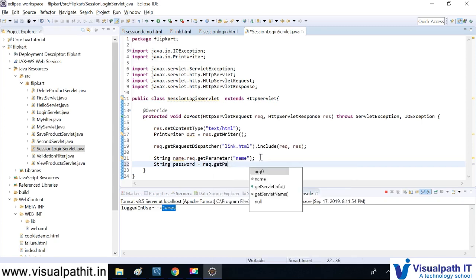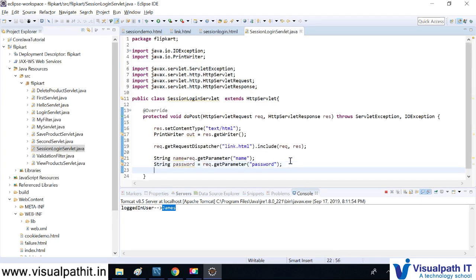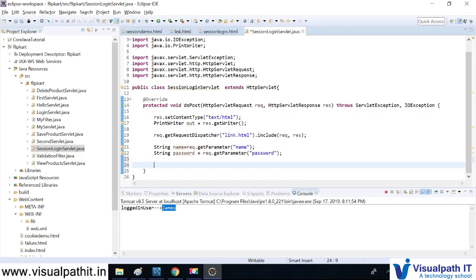Get parameter of the password. So now we got the username and password. So I'm just validating whether these details are proper or not. If it is valid, then I'm just actually setting to the session object. So I'm just checking password